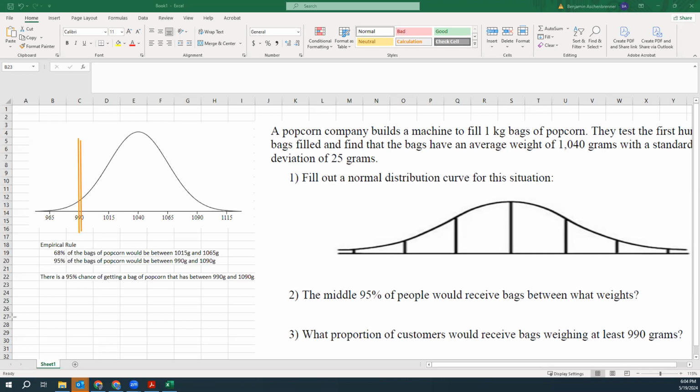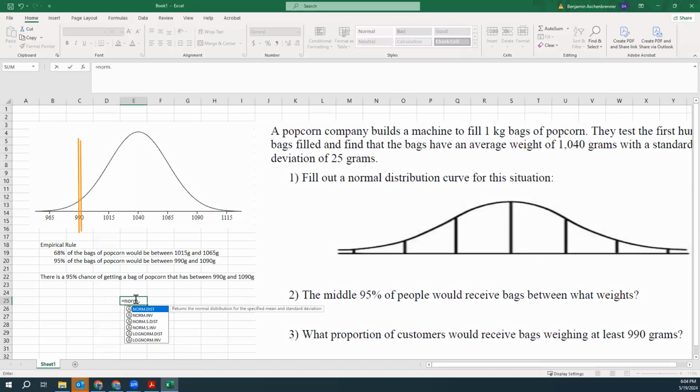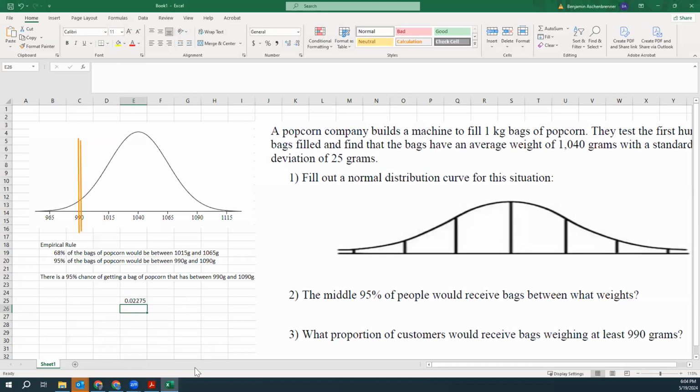And there's a couple of options that we have there. We can use the normal distribution tool, norm.s.dist, putting in the z-score, which would be -2, and saying that I want true. So this is giving me 0.02275. That's